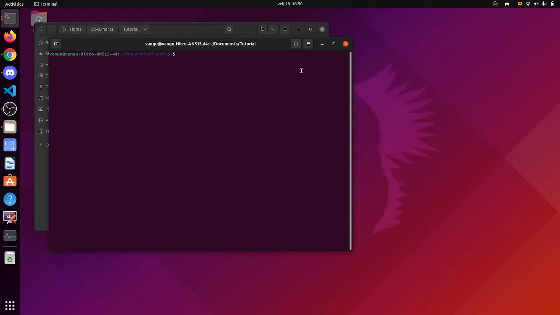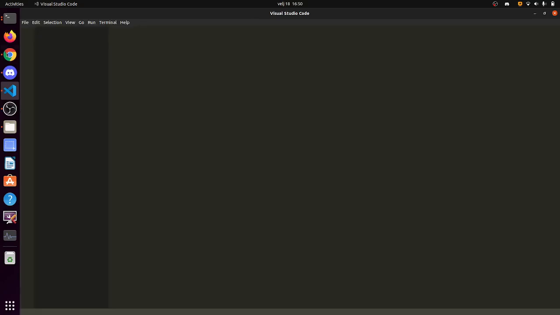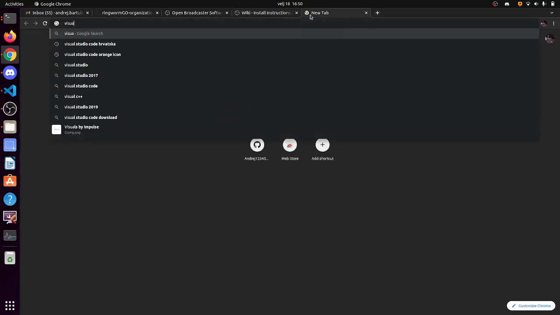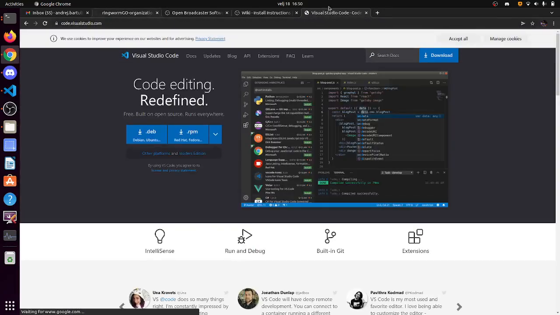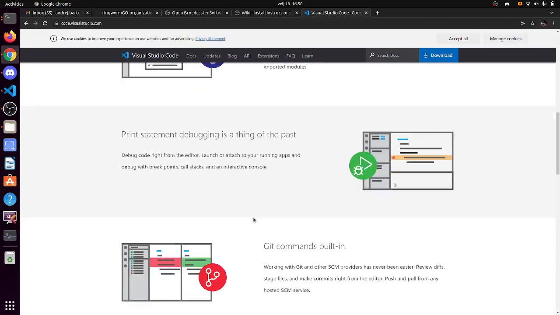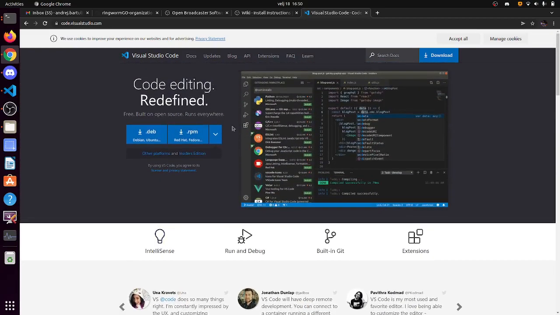Let me close this code. I will be using Visual Studio Code, which you can find here. It is available for Linux, macOS, and Windows. You have an RPM, Debian, Ubuntu, Red Hat, Fedora,